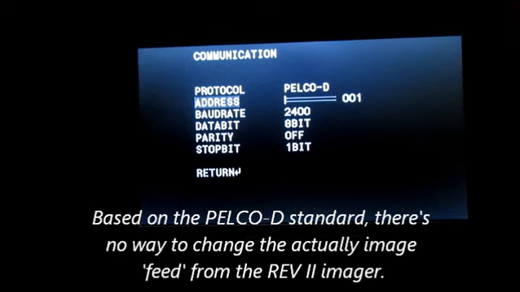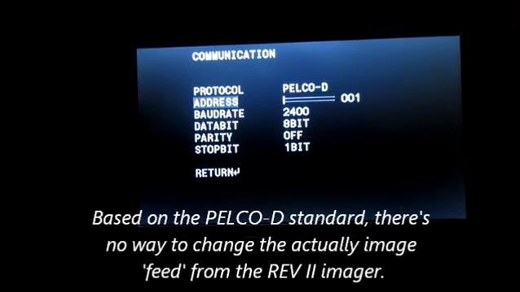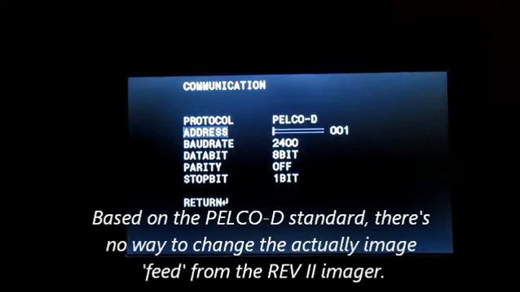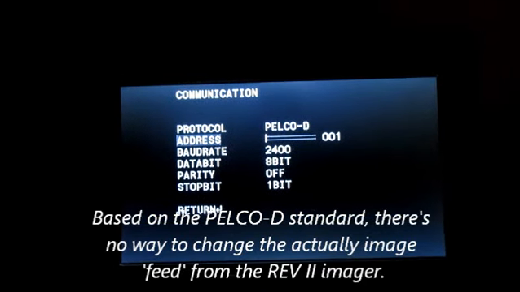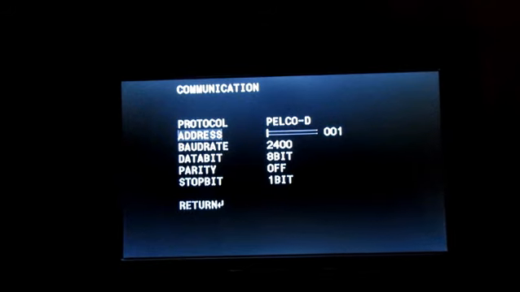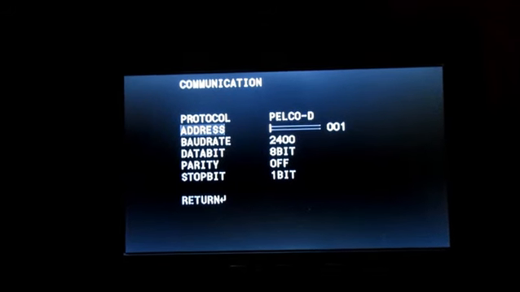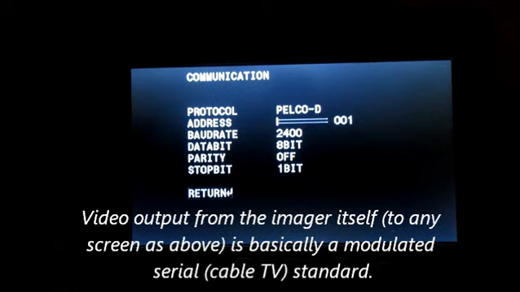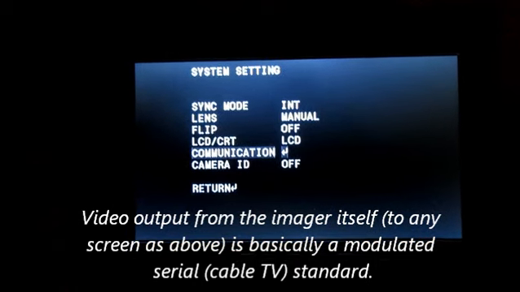This is all software protocol stuff. Now, I have a background in electronics, so I do know some things about this, but not with regard to specifically the application of this particular Revolution 2 imager. But returning,